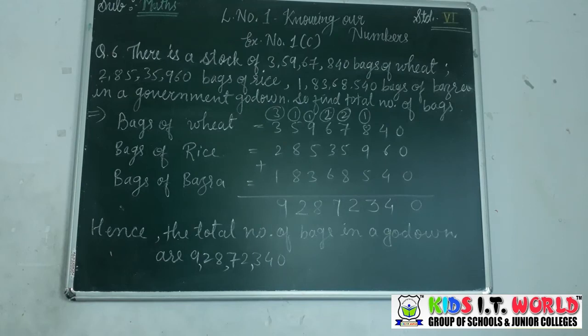In this way, you have to solve word problems. When you solve a word problem, first you read the problem carefully, then collect the given data, write it in the answer, and then observe the question and find which operation you have to do. Then do that addition, subtraction, multiplication or division, whatever is required, and find the answer. Now the next.